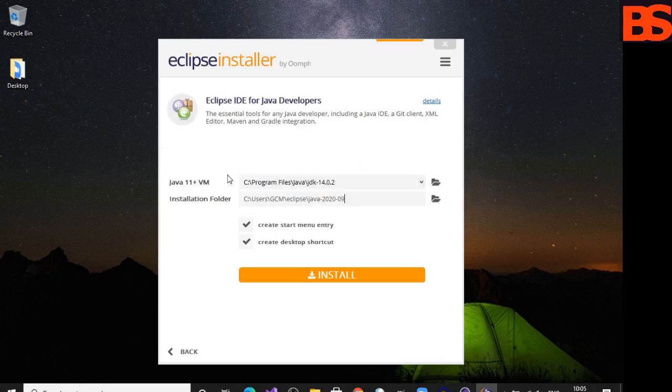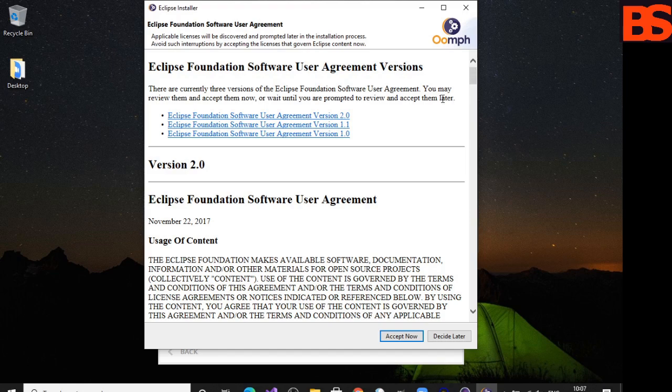This will be the location where you have already installed Java on your Windows 10 operating system. So Eclipse will recognize the Java installation on your Windows 10 operating system, and you can see the default location where Eclipse IDE will be installed on your Windows operating system, and then click on install, and then accept license terms and conditions.